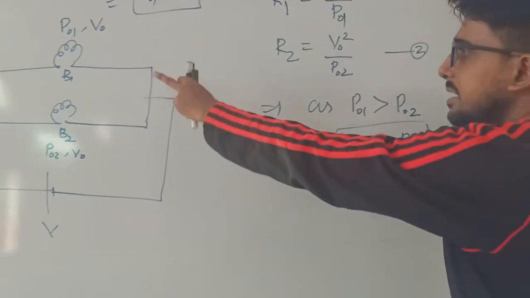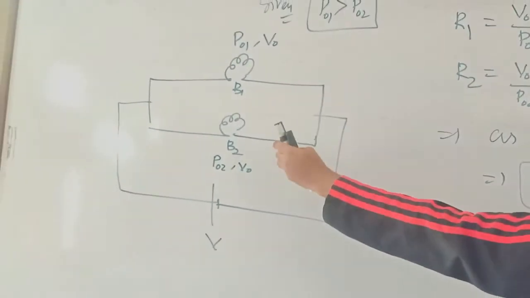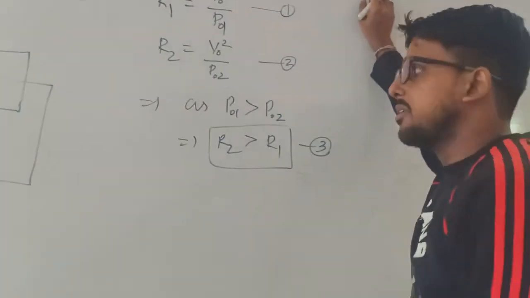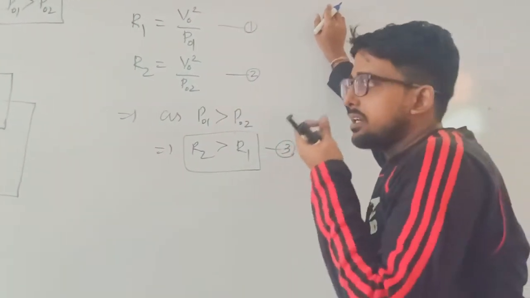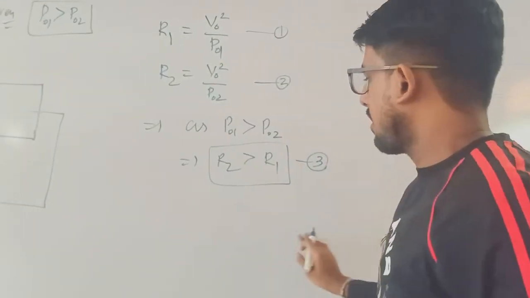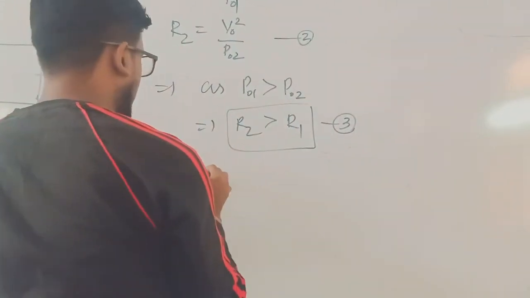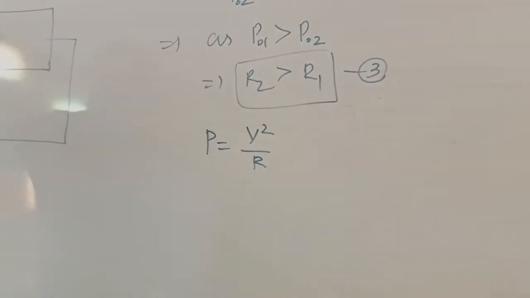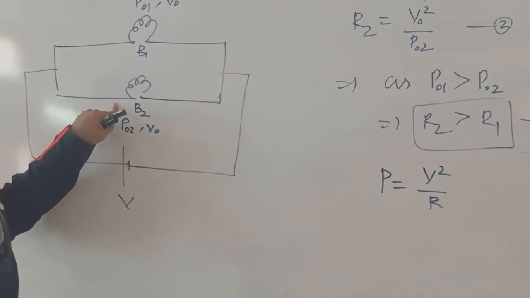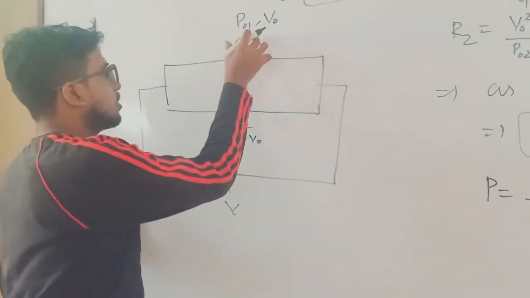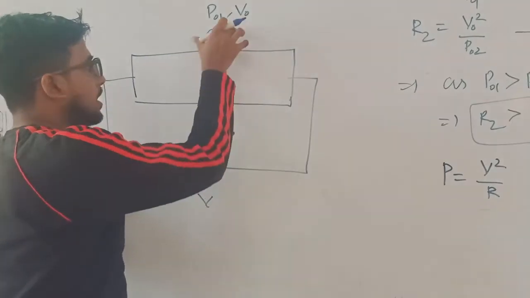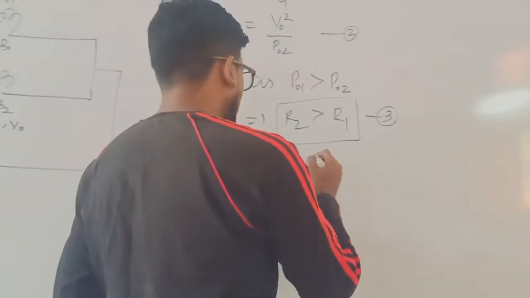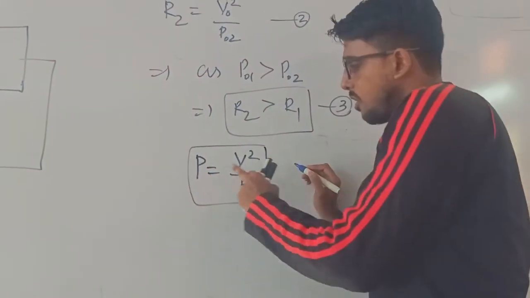As these two bulbs are connected in parallel, for the calculation of power consumption by each bulb, we already discussed in the previous class that when two resistors are connected in parallel, the power can be calculated using the formula V square by R. As the potential drop across both resistors remains the same, here the potential difference across both bulbs will be V, as they are connected in parallel across the potential source V. So for calculation of power we have to use the formula P equals V square by R.